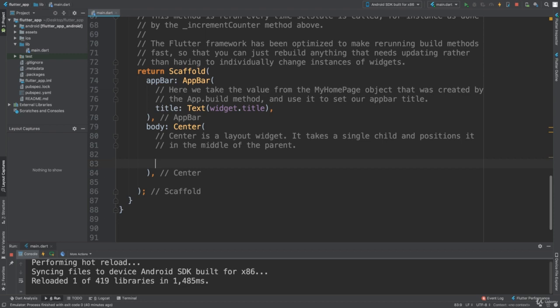You can add it as a child as you normally would, whether it's within an array of widgets or just a child directly, totally up to you. To add it's really simple. You can just do child and we can do raised button,